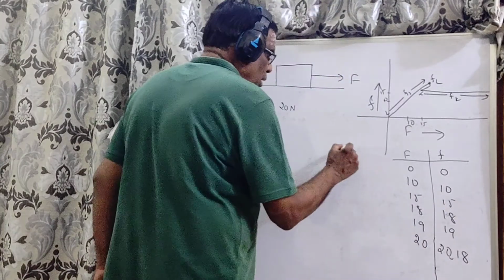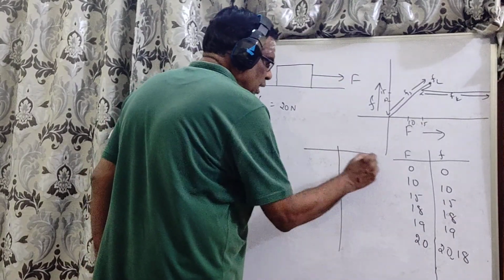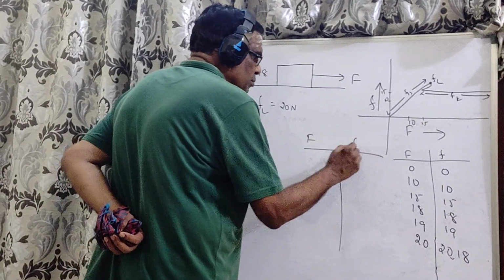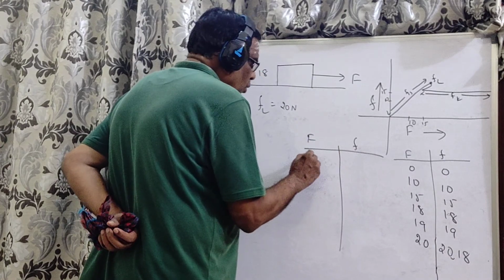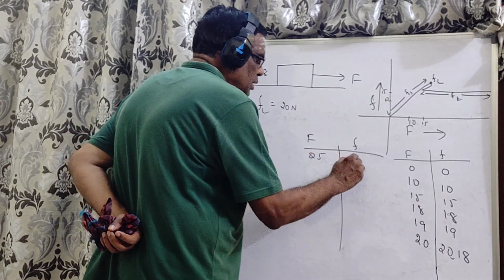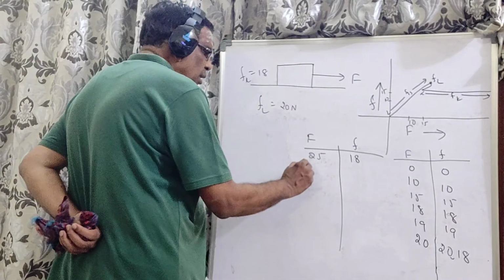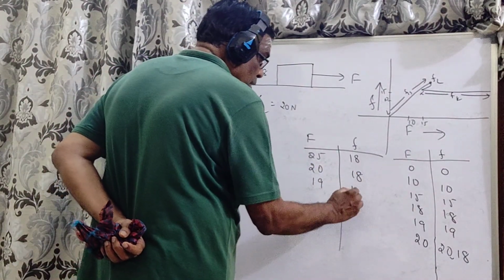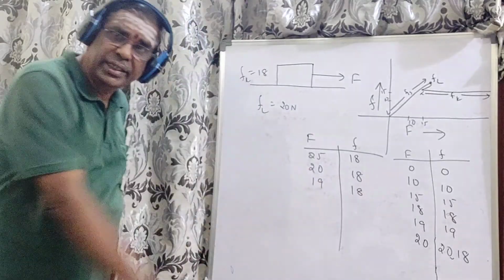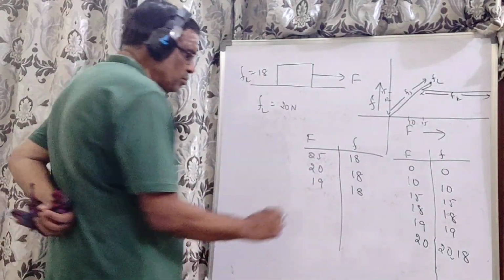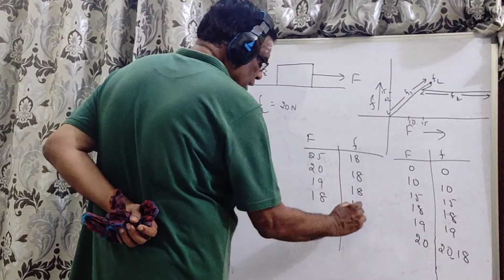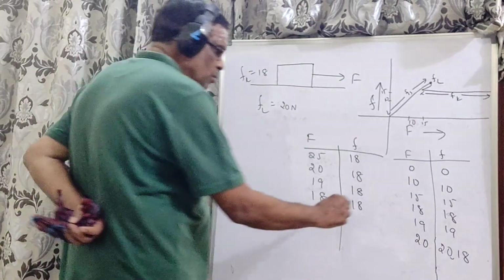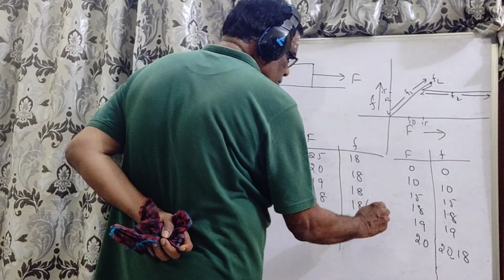Now, for example, I continue this diagram here. At 25, it still is 18. I am coming back to 20, 18. If I come back to 19, also it is 18 only. I come to 18, it is 18. And here the body moves with